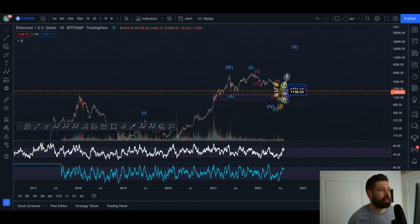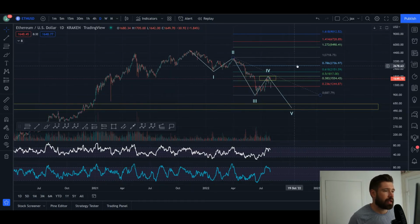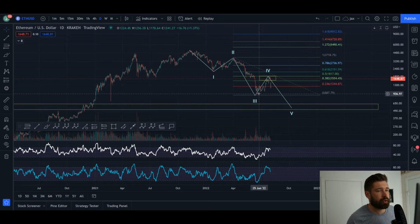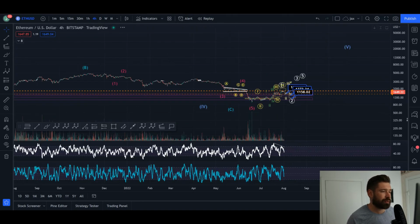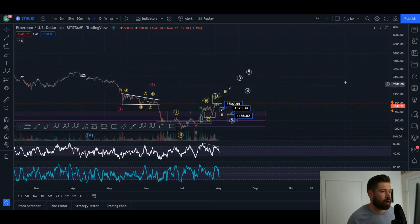We'll see. It all really depends if we can come up. If we break up to the golden ratio at 2151, it validates that as a wave 4. And this would be the bottom for ETH in my opinion. However, if we start to come down, we lose this low, then I do think we're looking at a wave 5. But even if we see a retracement here, we can retrace all the way down for